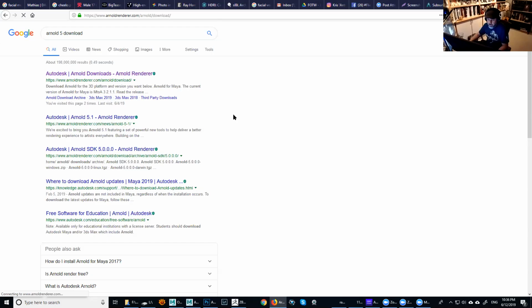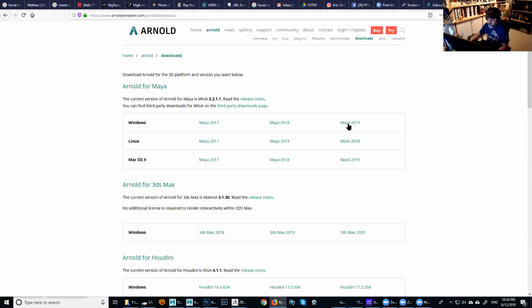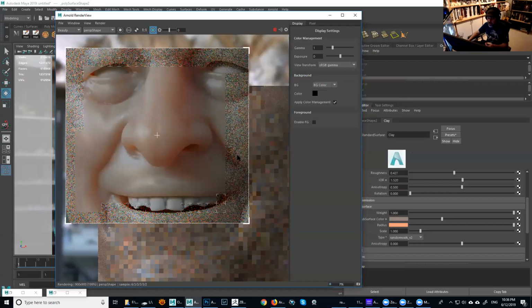So basically, you're going to go here, and if you have an Arnold membership, you can actually have access to it. So you click in there, and that's the latest they have. That's 3.2.11. This is the one that has the Random Walk 2. It gives you nicer results, especially with shallow surfaces. It's very, very subtle, but if you have something very translucent, you get a lot with it.